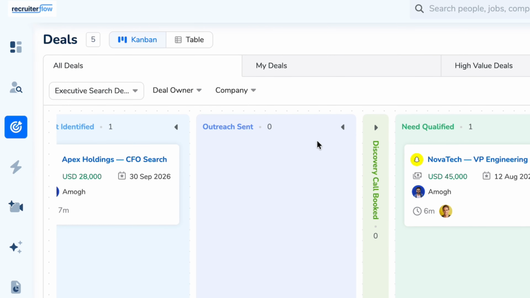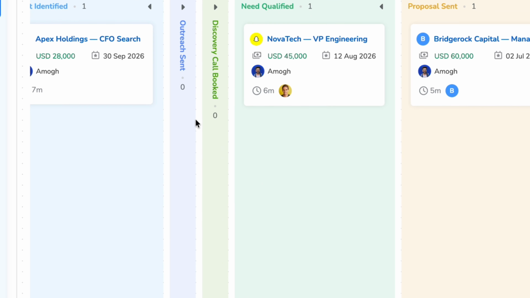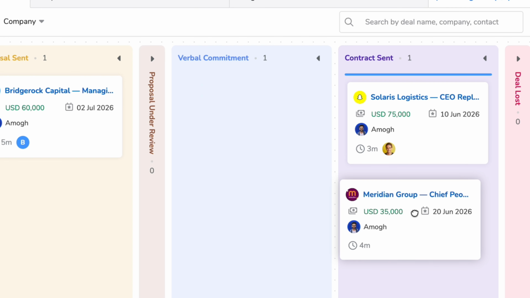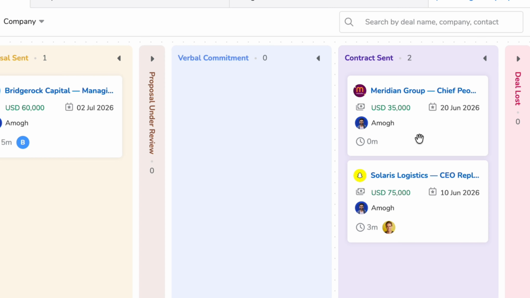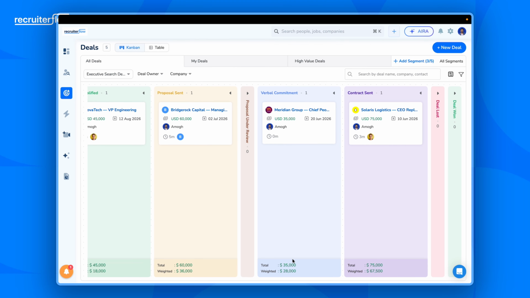I can also collapse the stages if there is no data, as you can see from this particular screen. And then I can scroll through. I can again have that function of moving deals from one stage to the other. And if you closely observe in the bottom, I have the total amount in each stage. At the same time, I have the weighted amount as well. Weighted amount gives me the number or the currency based on the probability of closing that deal depending on what